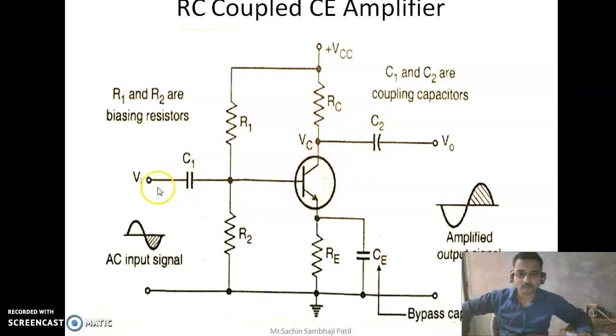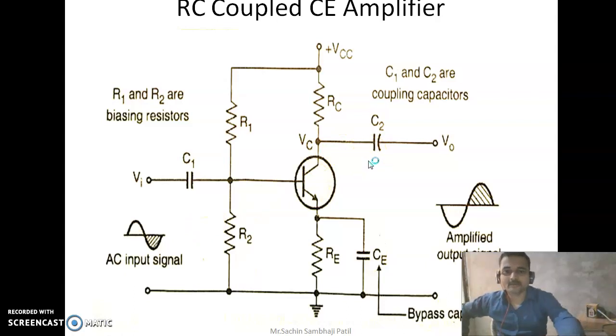If P is connected to positive, it is forward bias. If N is connected to negative, it is reverse bias. But see here, inside the NPN transistor there is an N layer, a P layer and an N layer. N is connected to plus VCC, which means the output junction is in reverse bias mode. So input forward, output reverse, and the transistor is working in the active region.